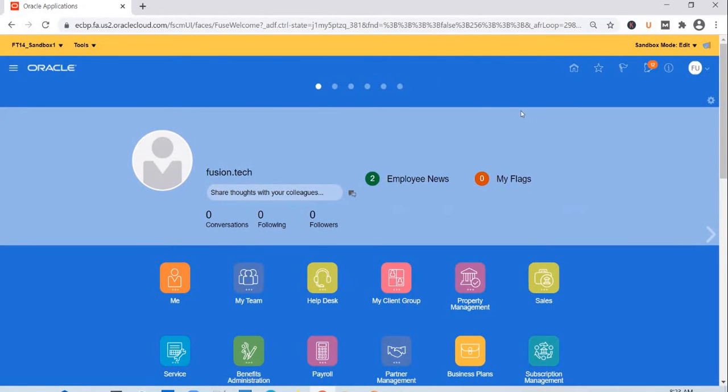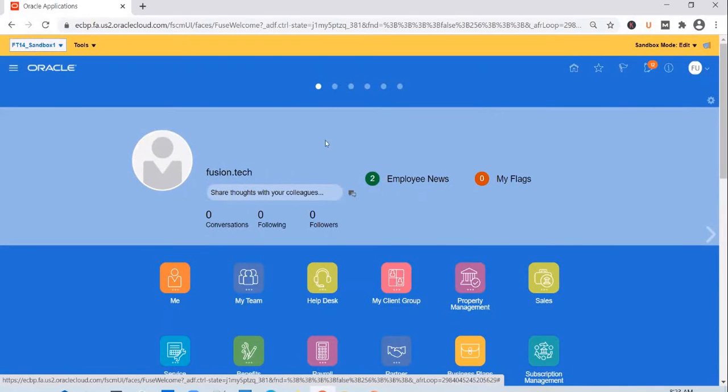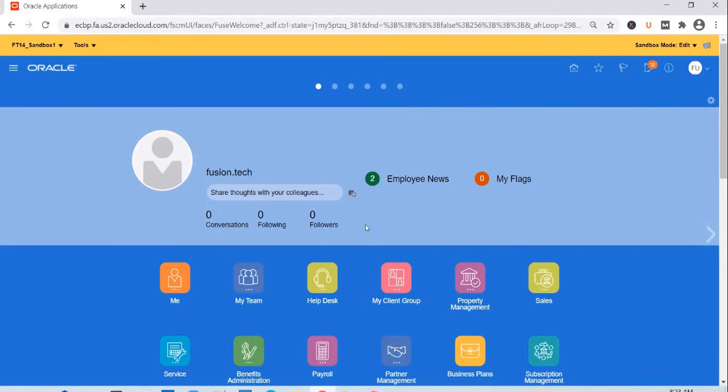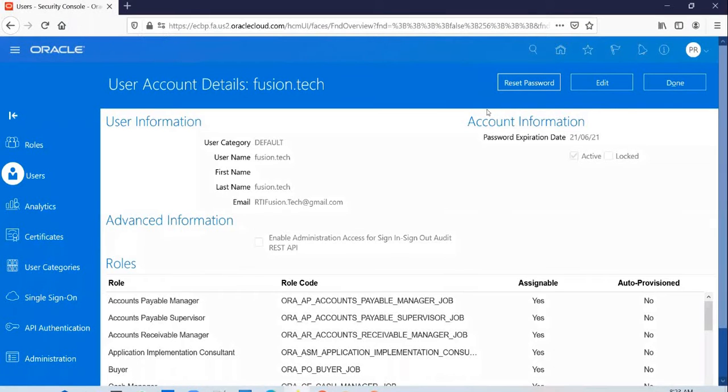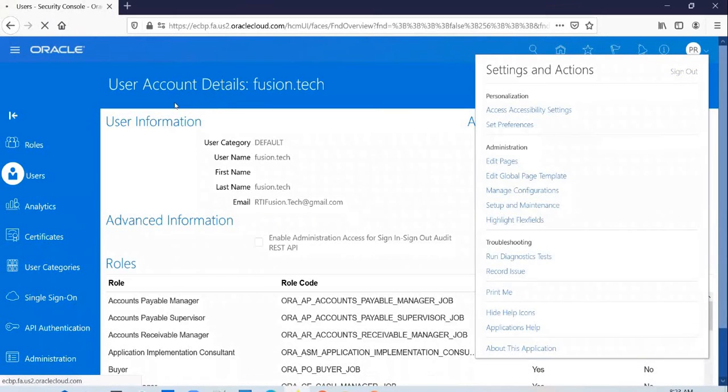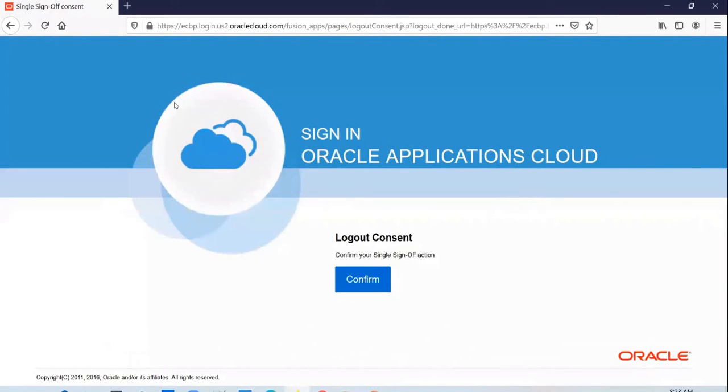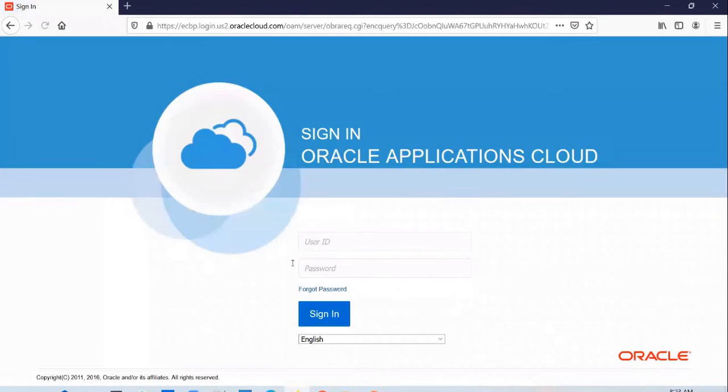So the change that we have done now, like the creation of a custom theme and applying it in the instance, is sitting in this sandbox now. It is not yet published to the application. So just to prove it to you, I will log into the application from a different session. So let me just sign out, and I'll sign in as a different user. Maybe I'll sign in as Prasad.